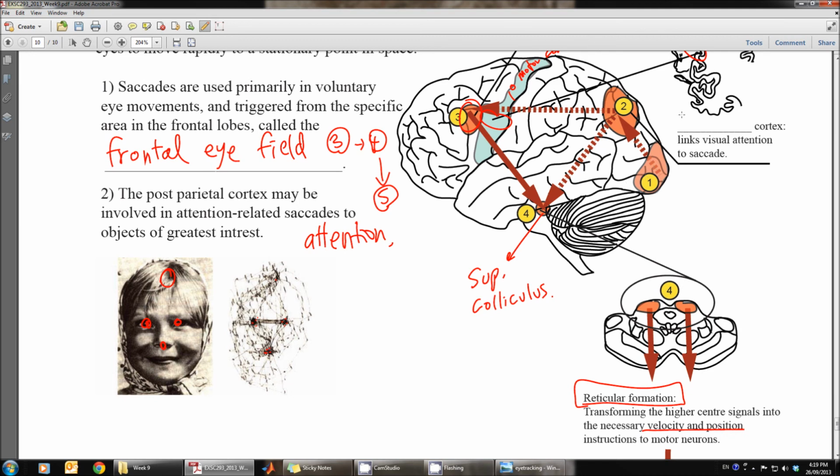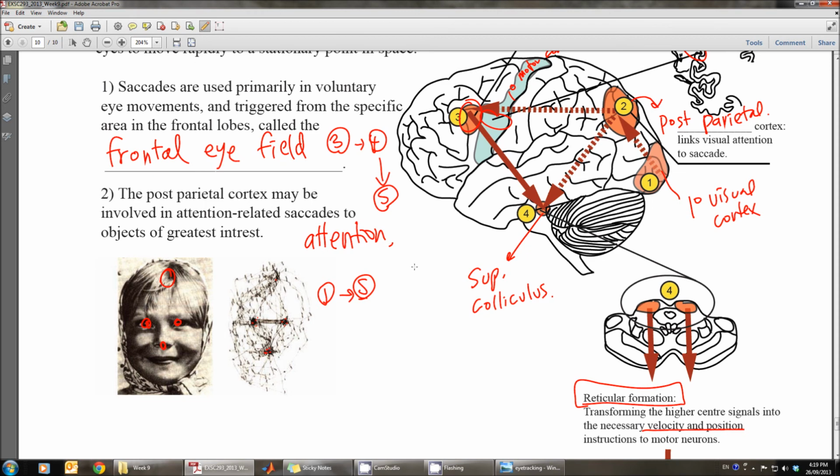And this is shown in this circuit, which starts from the visual cortex, primary visual cortex, and is processed further in the post-parietal cortex, which is number 2. So it starts from 1, goes to 2, and goes to the frontal eye field, and is processed further to the superior colliculus, reticular formation, and cranial nerve 3, 4, and 6. So it's 1, 2, 5 that represents the post-parietal cortex, which is related to